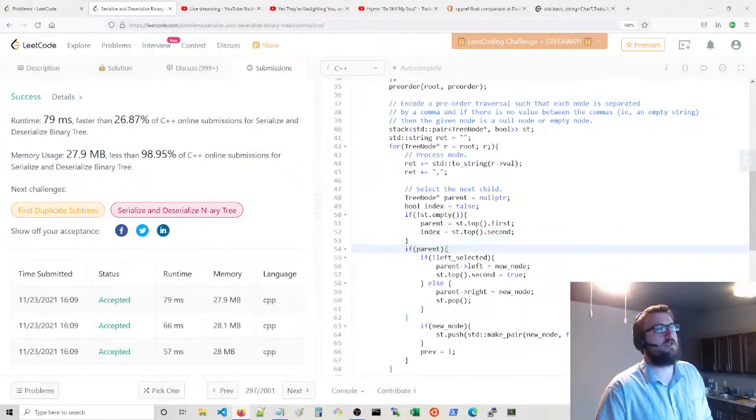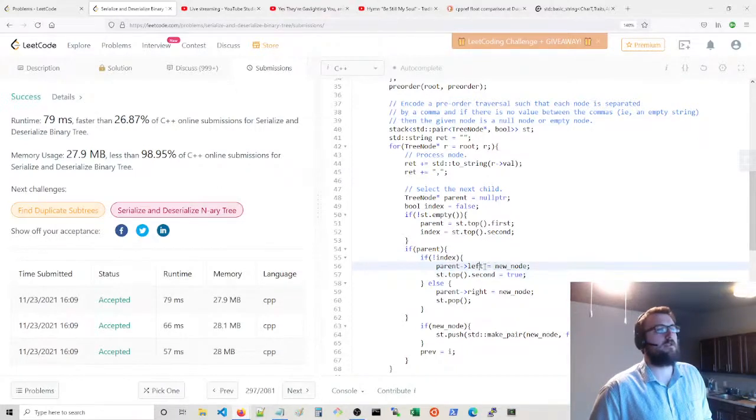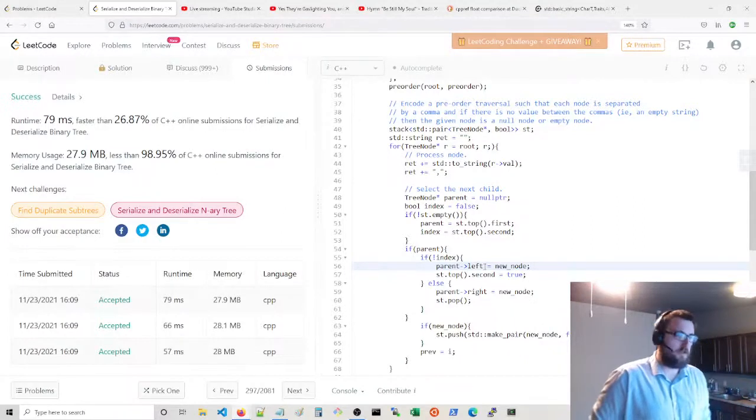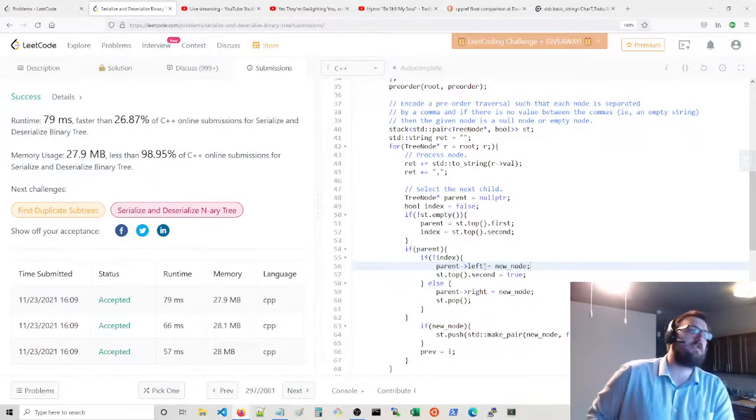If there is a parent, and we're going to say if not index, yeah, so the index is false. We're going to set that to true, and we're going to set parent left equal to new node. We don't actually need to, so this processing, we don't actually need to do this. Or no. So what's interesting is,